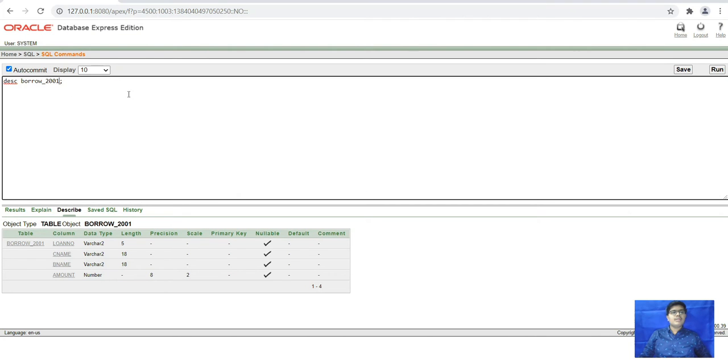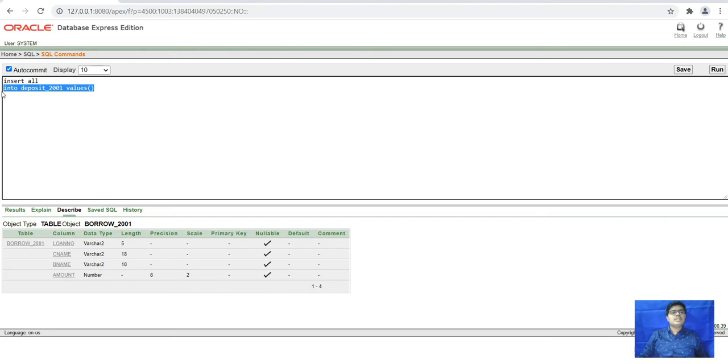For inserting, we will go to a database, and we will write insert all into deposit values.